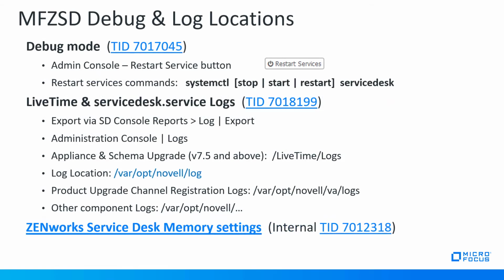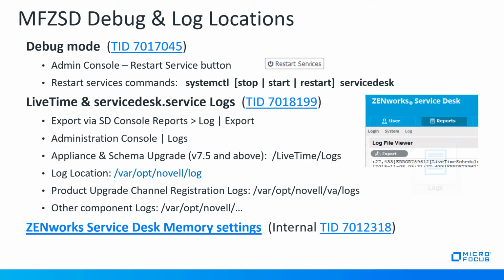As for some ZSD debug and log locations, to set your system in debug mode, you can check out TID 7017045. Of course, there's restart services in the administration portal, as well as some command lines for systemctl. And if you want to locate your live time and Service Desk logs, check out 7018199. And export, you can export via the SD console, the log export,